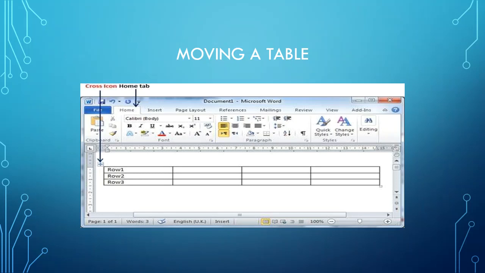This plus sign is known as the table move handle. With the help of this table move handle, you can easily move your table by simply using the left mouse button and the drag option. You have to hold your left mouse button, drag it and place it where you want to move your table.